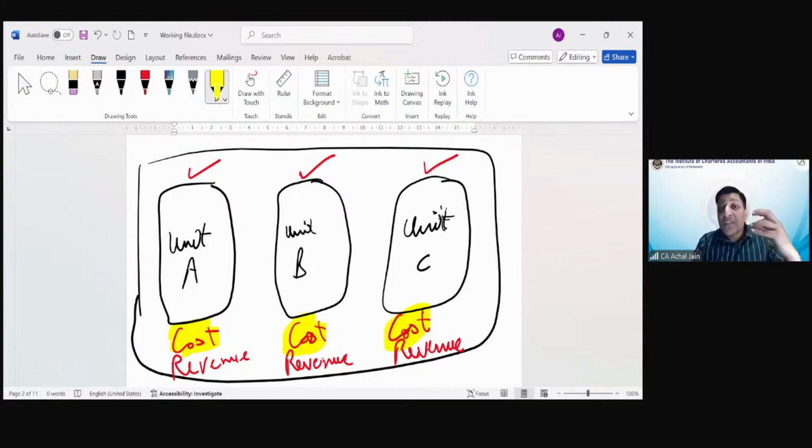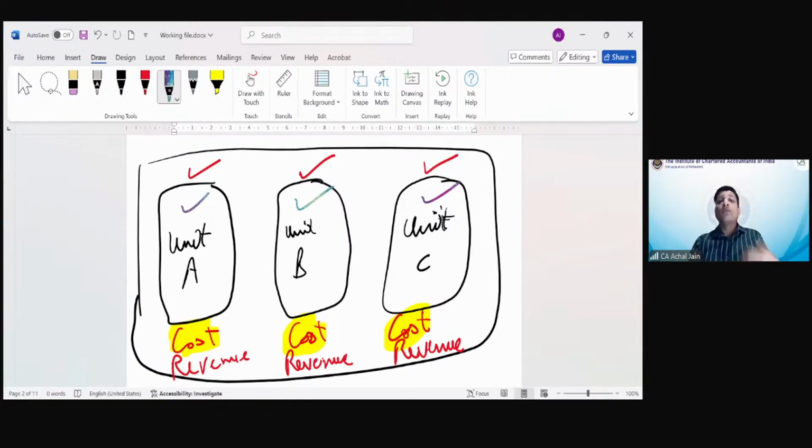So if something is not clarified, how can you assume that it's going to be interlinked? Because most of you are saying that because it's one complex, so that's why. So even if there's one complex, its construction is separate. For each unit, its construction is going to be separate. For this it will be separate, for this it will be separate. How can you say they will always be interdependent, they will always be interlinked? No, you can't say that. Such types of assumptions you should not draw. If you draw that, that will be inappropriate.